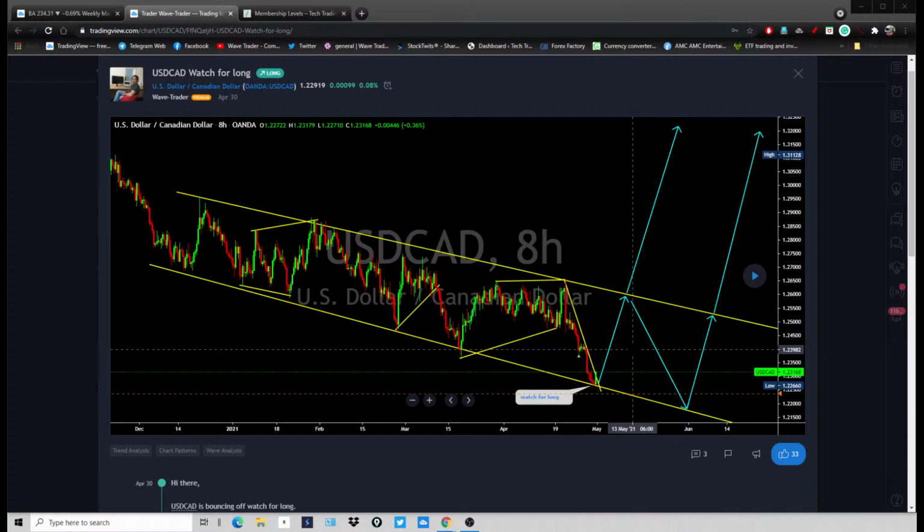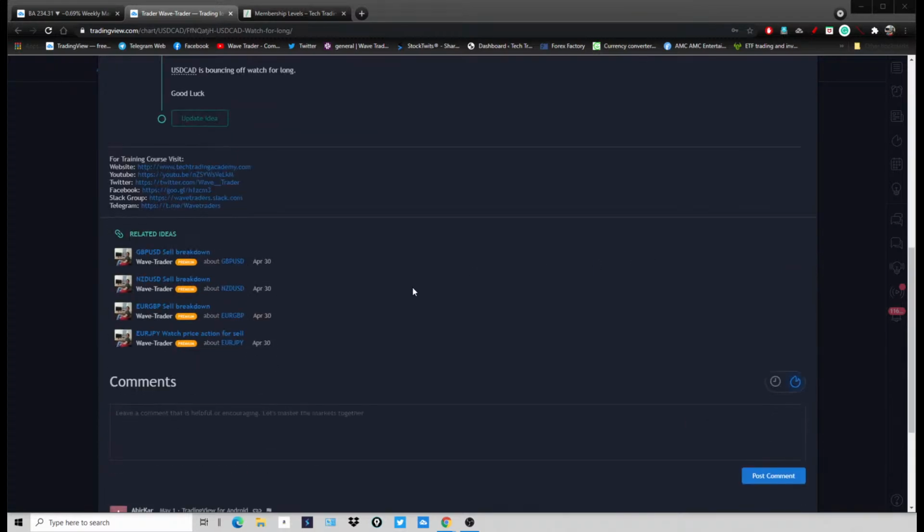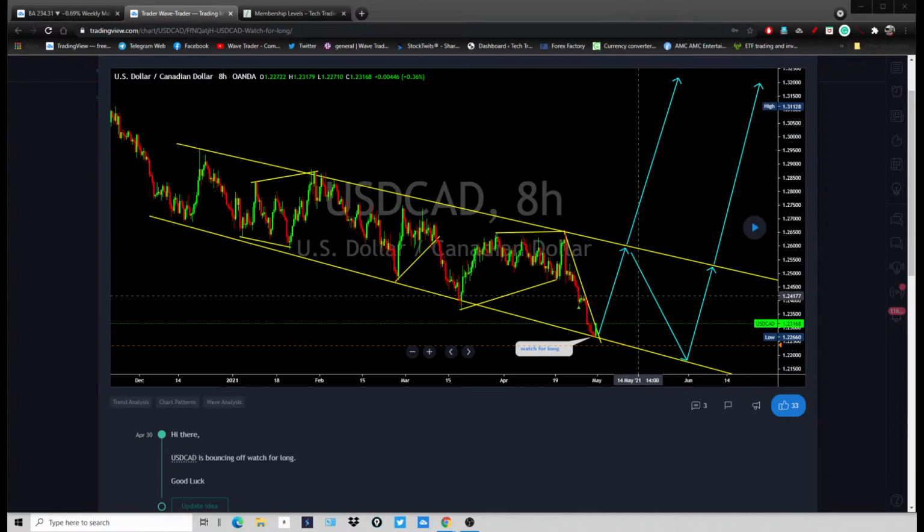This is going to be the best opportunity to catch, rather than buying euro against the CAD or Aussie or Kiwi against the CAD. This is going to be the best opportunity to catch for longer term. So don't let that go. What you are simply looking for is a bounce off from the lows and